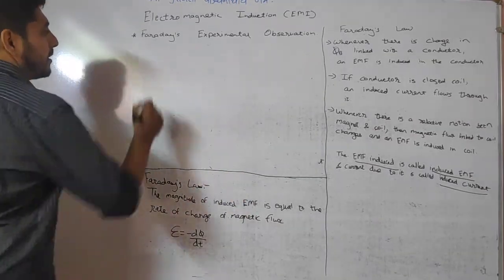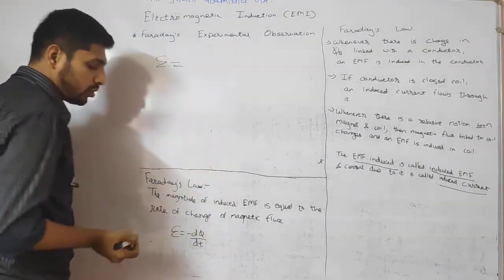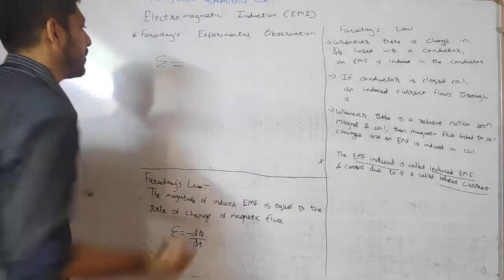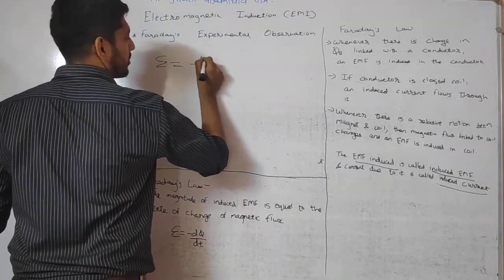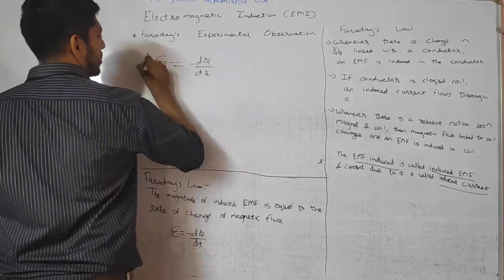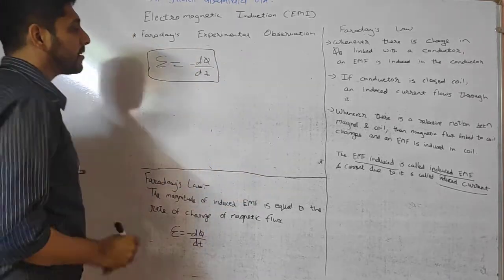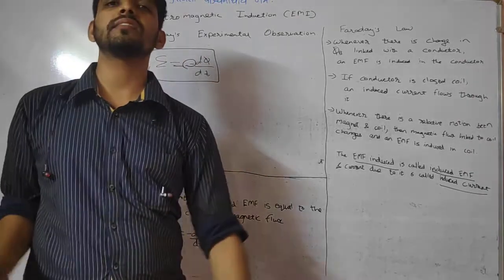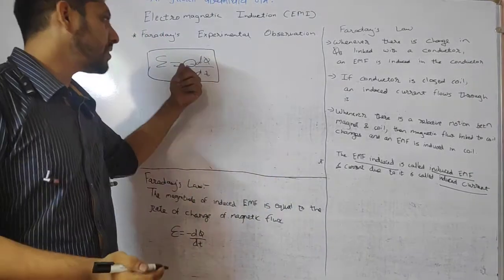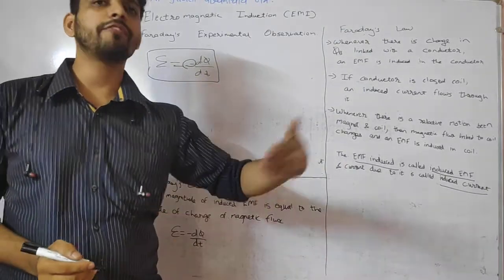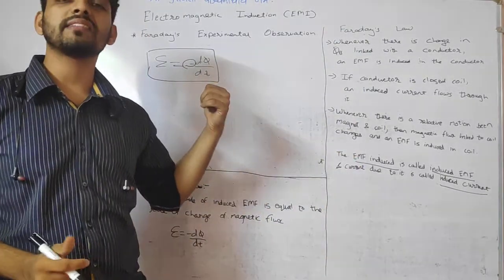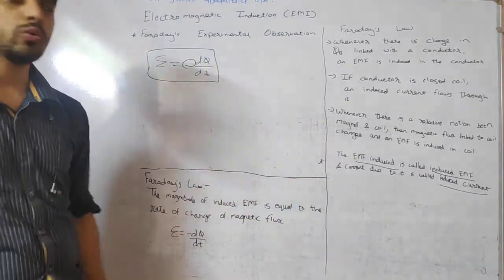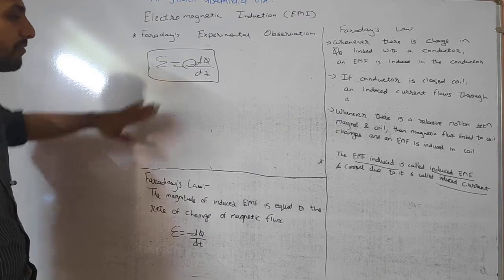So I can write this EMF is equal to the rate of change of flux. Rate means anything which changes with respect to time. So this is the formula for Faraday's law. Here, what does this negative sign say? The negative sign says that it is in the opposite direction. You will be studying this in the next lecture or in a few lectures coming. It is about Lenz's law. It is due to Lenz's law that the induced EMF is produced in the direction opposite to it. So this gives the formula for Faraday's law.